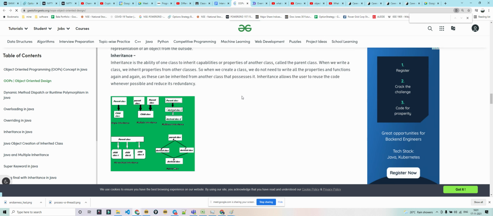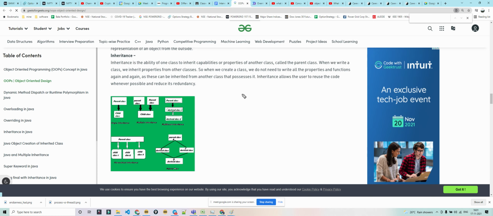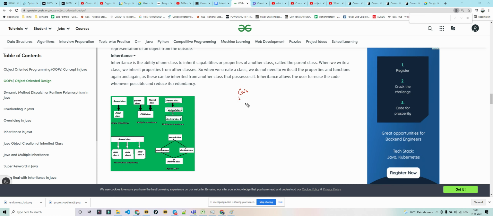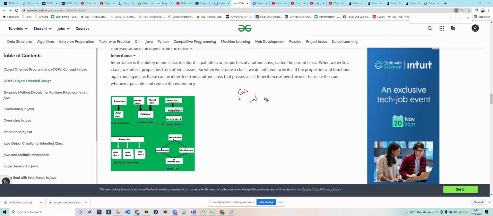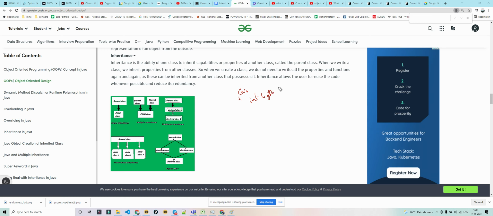Inheritance is this: suppose you have a car class with some properties like length, and a lot of properties and a lot of functions, like void start.